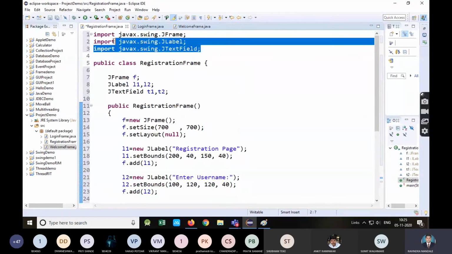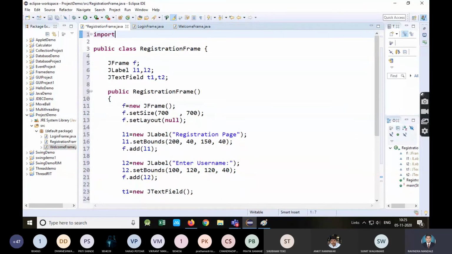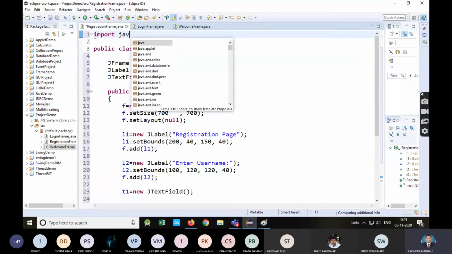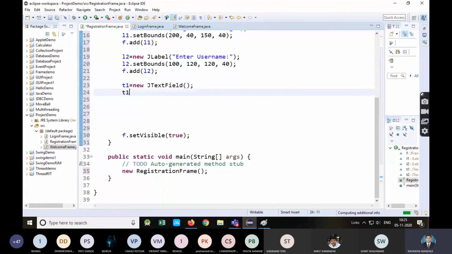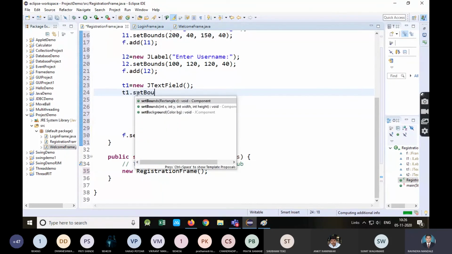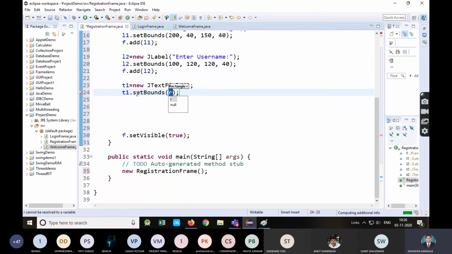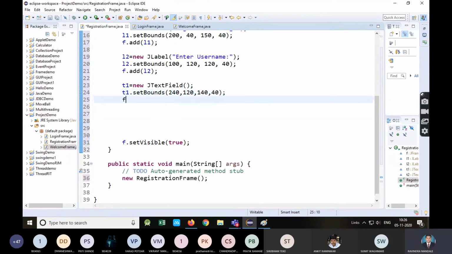I am directly importing the javax.swing package using star. Okay. Now T1 dot set bounds: 240 and 120, then 140, 40 I have taken. Then add the text field on the frame.